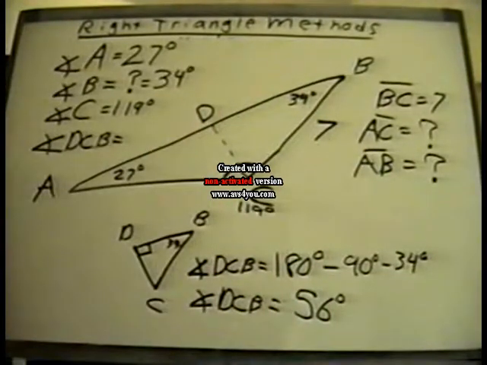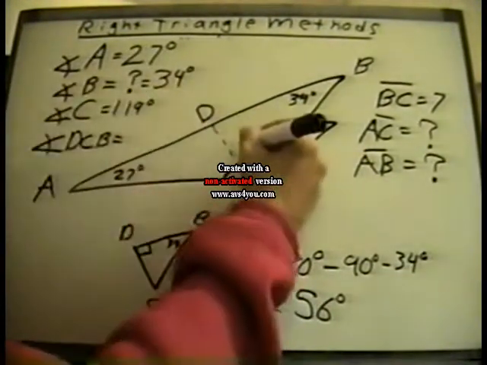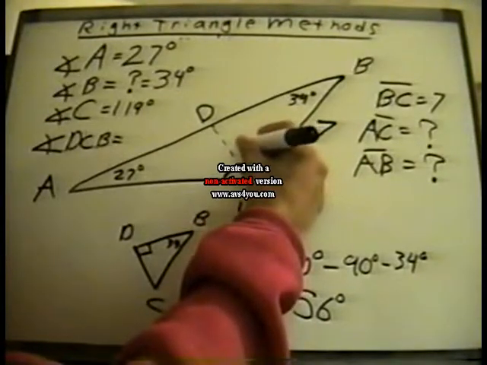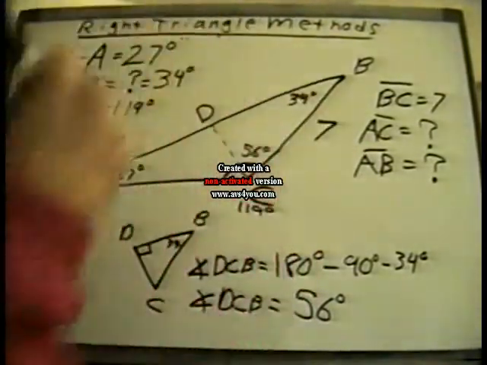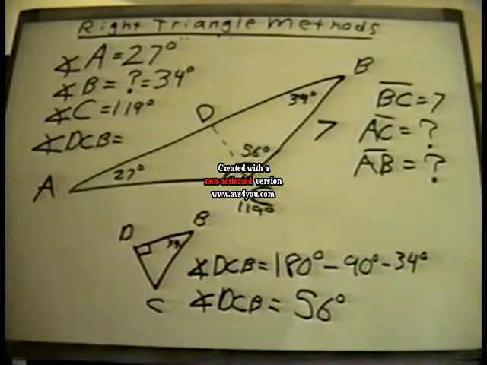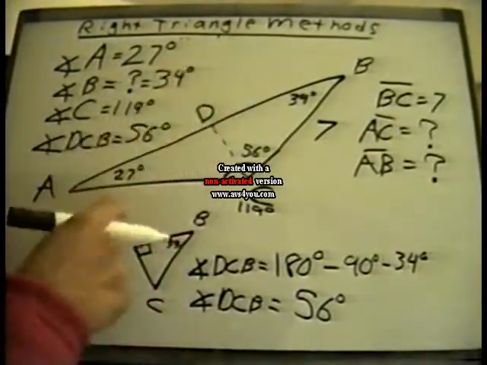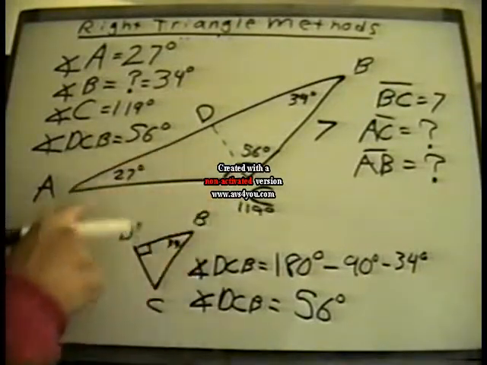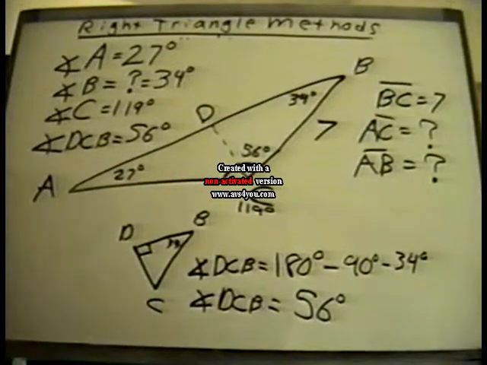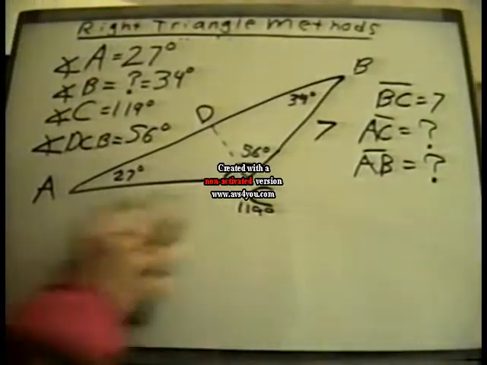So that's 180 minus 90 minus 34, which comes out to 56 degrees. Okay, so now here we have a value. This is 56 degrees. Okay. Now then